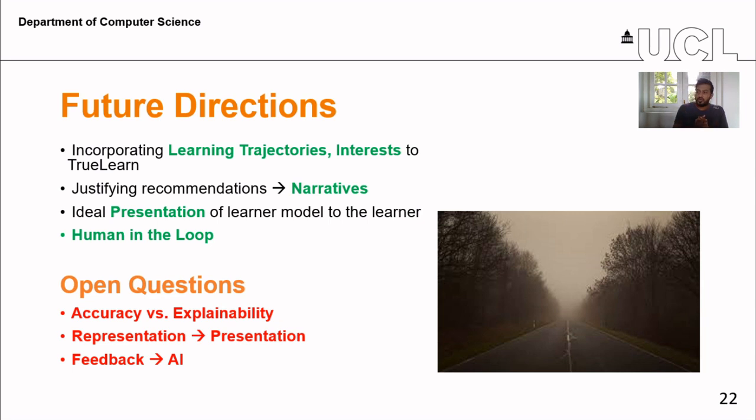Then we want to think about how we want to justify recommendations in terms of narratives. So narratives could be the type of visualizations that we showed earlier, or it could be a story that is presented in natural language format. So this is one of the interesting directions where we can go in terms of improving the transparency and explainability